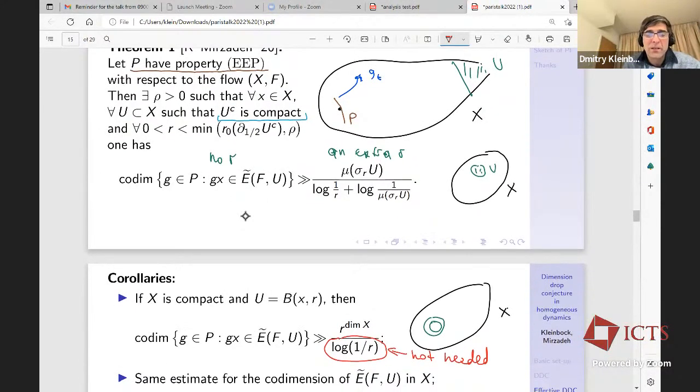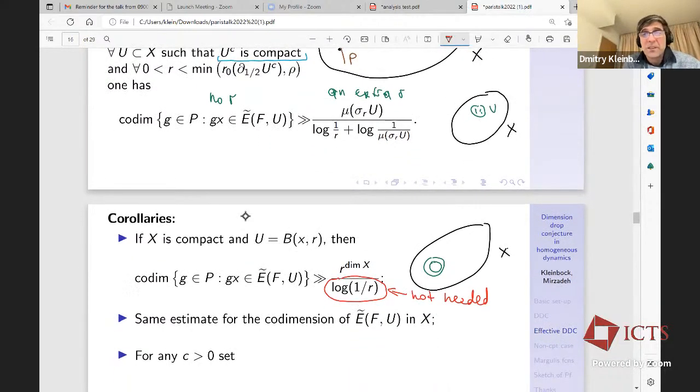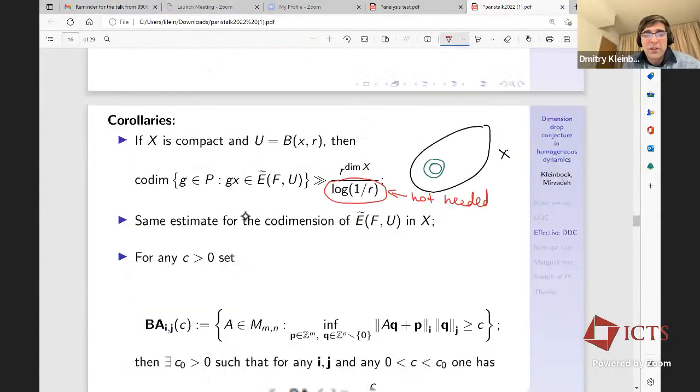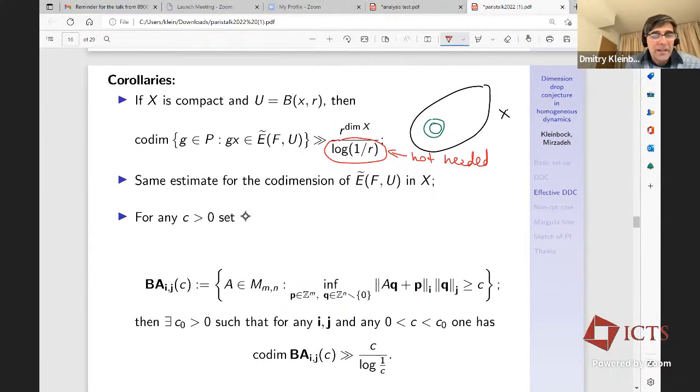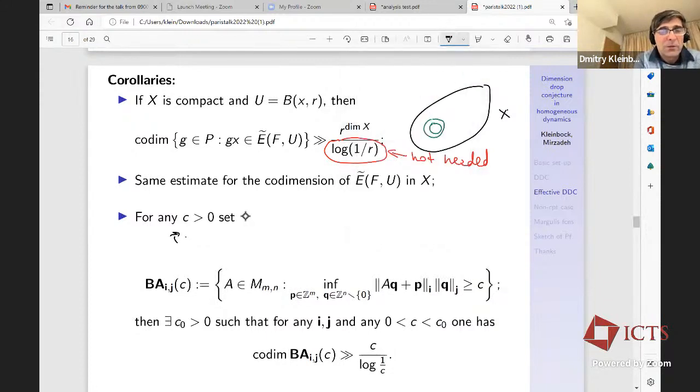And of course, this is a foliated estimate, but we can get the same estimate for the global codimension. And then, since it's Dani's birthday conference, you can actually have a Diophantine consequence. And for this, I'm talking about weighted Diophantine approximation. So here I'm talking about i, which is a set of weights, and another j, which is another set of weights,